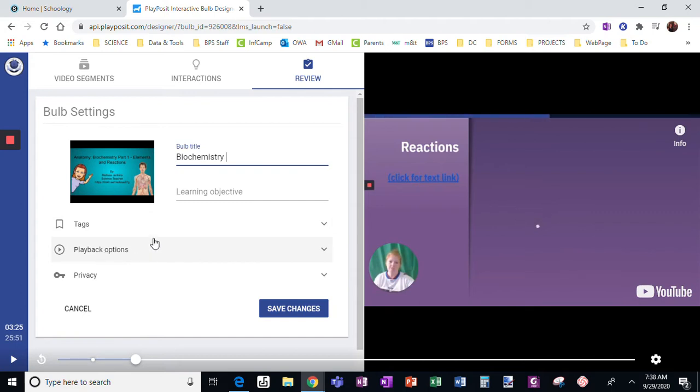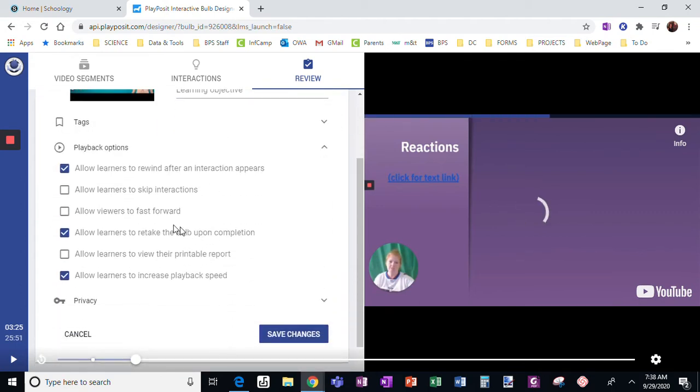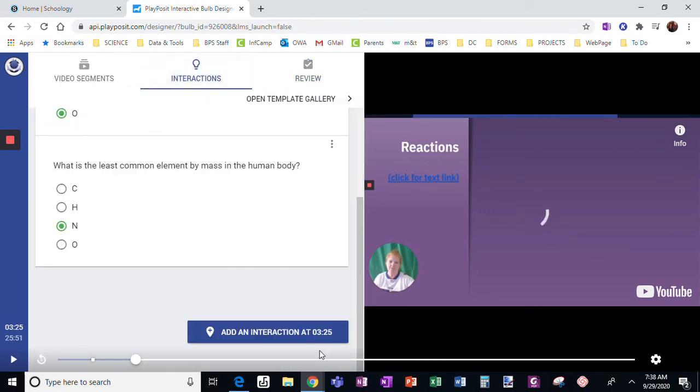I can adjust the playback options. These are based on the defaults that I had in my account. But I'm going to go back to interactions because right here is where I want to add the next type